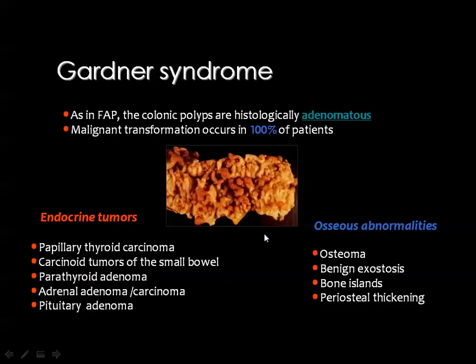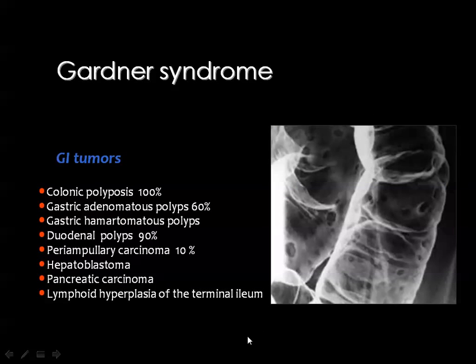like the familial polyposis. This Gardner syndrome has many associations together with the polyps in the colon, like the papillary thyroid carcinoma, carcinoid tumors of the small bowel, parathyroid adenoma, adrenal adenoma or carcinoma, and pituitary adenoma. And some of the osseous abnormalities like osteomas, benign exostosis, bone islands, and periosteal thickening. GIT tumors include